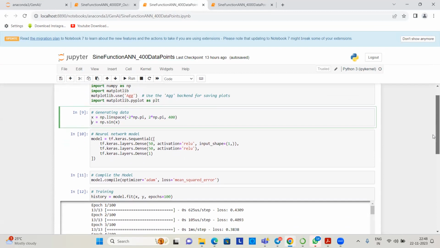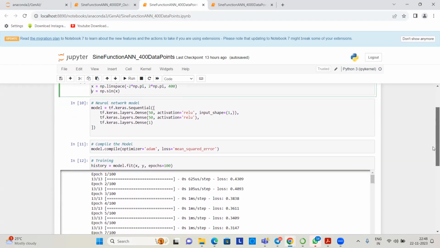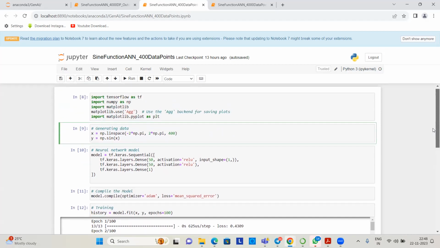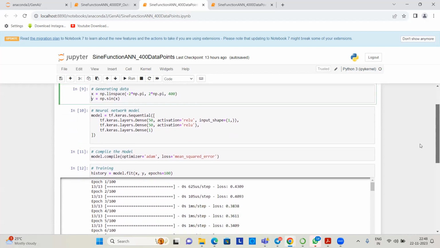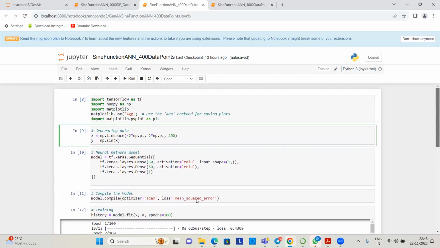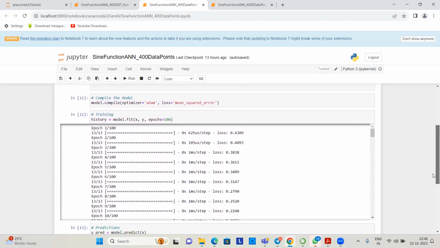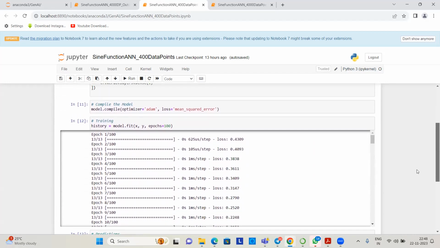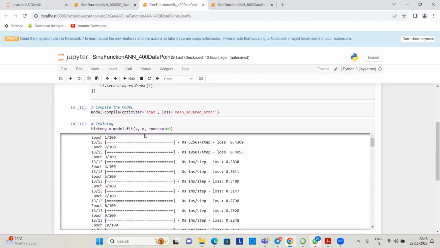Now, don't ask me how that exactly works. I have no clue. But what I do see is there are a bunch of parameters which I believe are hyperparameters that are fed into the model, one of them being the optimizer, and the other is the loss, which is mean squared error here. And another parameter that is fed into the model is the epoch. I believe epoch is something like the number of times you train the model. I didn't look up what exactly it means, but when I ran this,